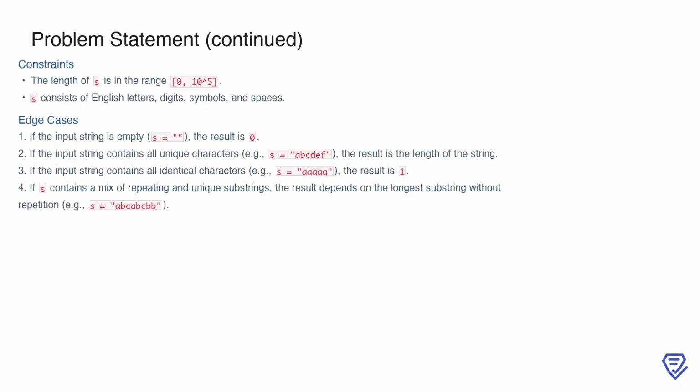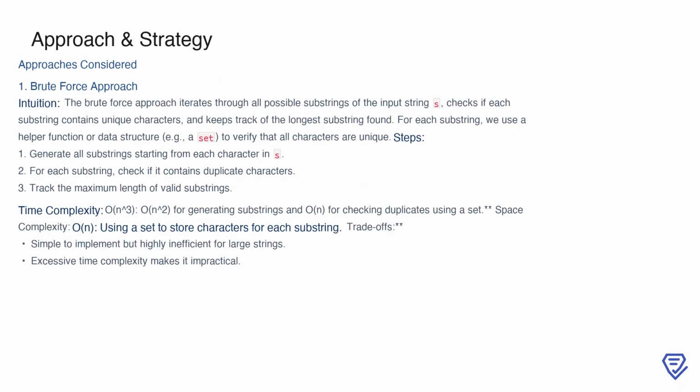substring without repeated characters. To solve this problem, one of the first approaches we can consider is the brute force method. The intuition here is straightforward. We systematically explore all possible substrings of the input string and check if each substring is free of duplicate characters. This can be achieved by using a helper function or a data structure like a set, which allows us to verify the uniqueness of characters in a substring. The process involves generating substrings starting from each character in the string, validating each substring, and keeping track of the